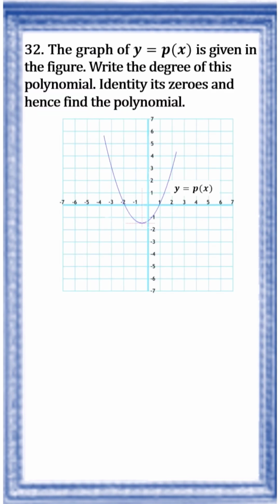Now we have the 32nd question, which is taken from the question paper of SSLC exam. The question is based on the chapter polynomial. The question is, the graph of y is equal to p of x is given in the figure. Write the degree of the polynomial, identify its zeros, and hence find the polynomial. Okay, now we have